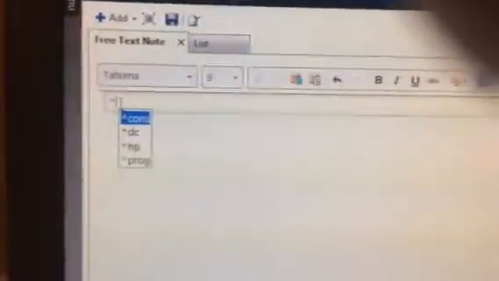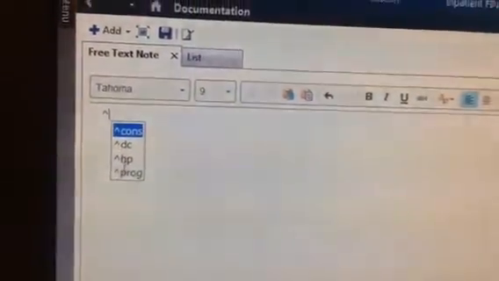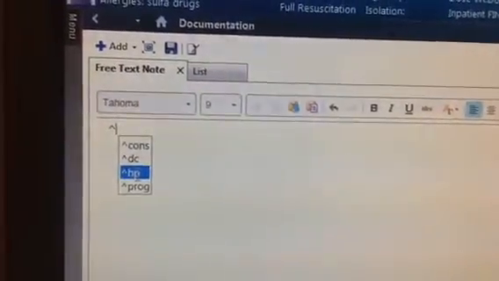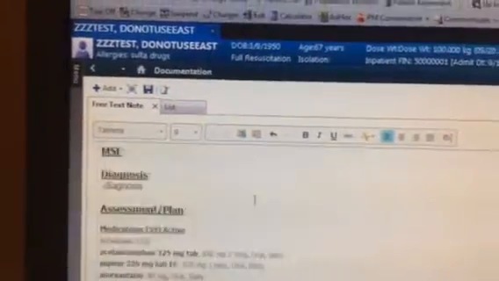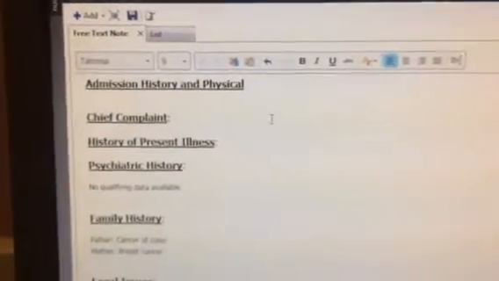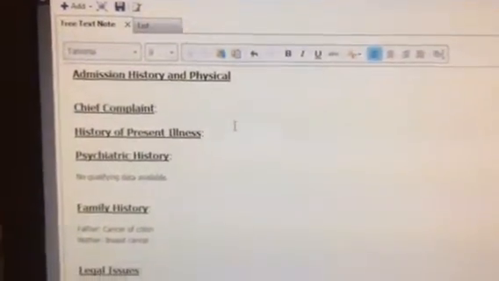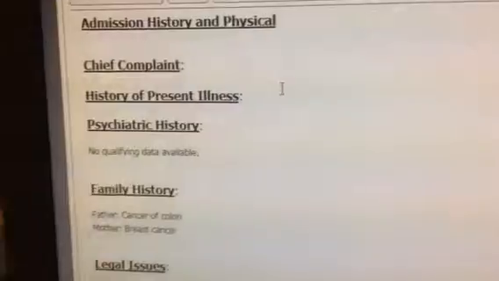And then we've got all of our free text notes here. So H&P is going to be one of them. Double click, it'll say text may not match. That's okay. I've got it set up so you've got your H&P, your chief complaint, your history of present illness, your